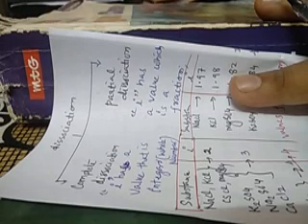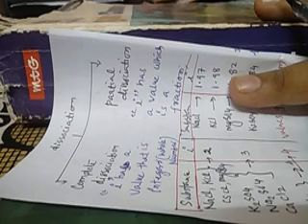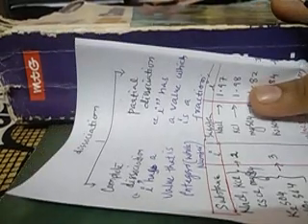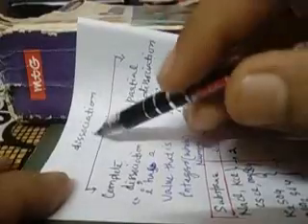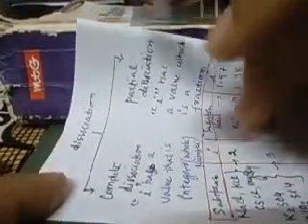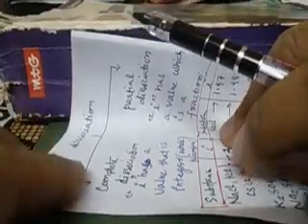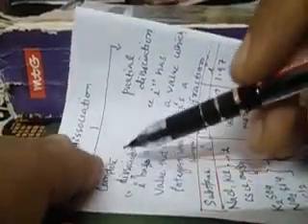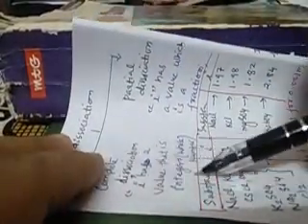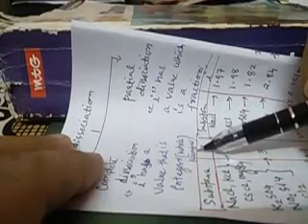In the previous video, we studied the abnormal molar mass. Now we are going to study more about the van't Hoff factor. To understand the van't Hoff factor, we first need to understand the various types of dissociation. Dissociation is of two types, either complete dissociation or partial dissociation. When there is complete dissociation, the value of i is always an integer or a whole number.